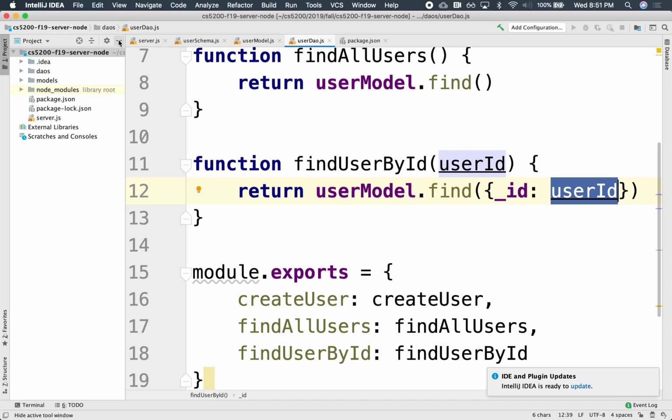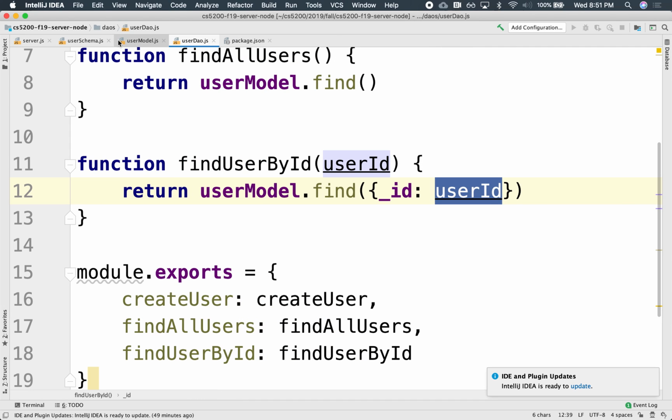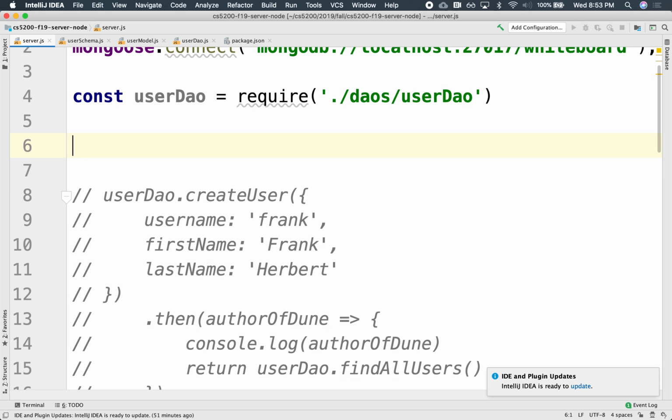So that's one of the layers of abstraction that Mongoose does for you. It does some syntactic sugar and does a conversion for you. And this find by ID, so user DAO dot find user by ID, and if you have the ID here,